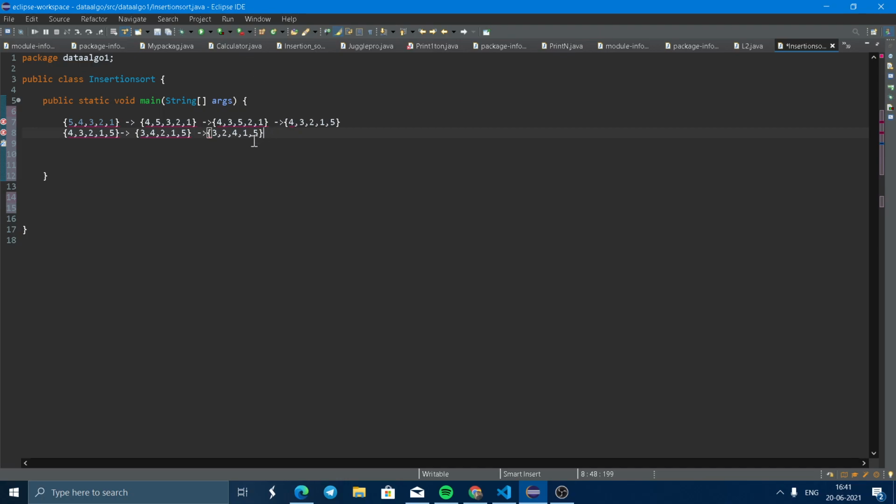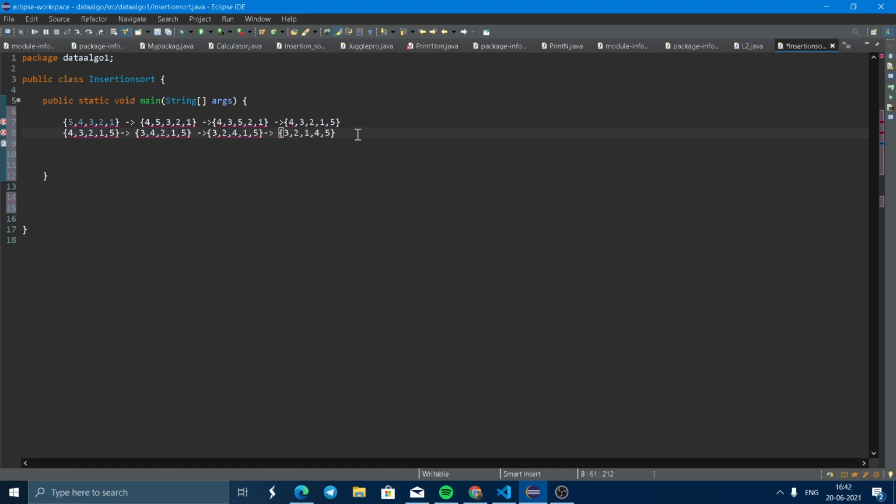Again we can see 1 and 4. 1 is the key value and the key value is less than 4, so it will be replaced. Now it is 3, 2, 1, 4 and 5. So the second element is sorted now.